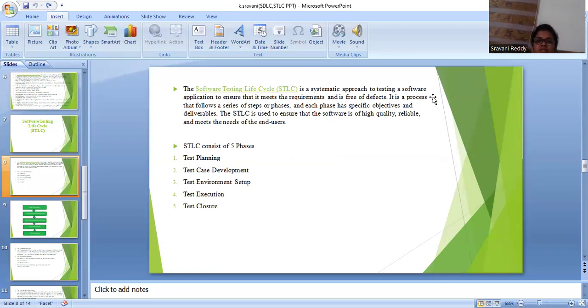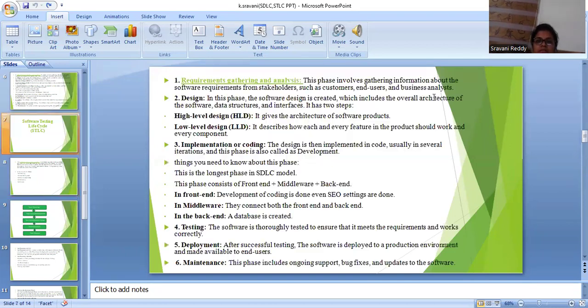It is a process that follows a series of steps or phases, and each phase has specific objectives and deliverables. The STLC is used to ensure that the software is of high quality, reliable, and meets the needs of the end users. See, in the SDLC phase, here